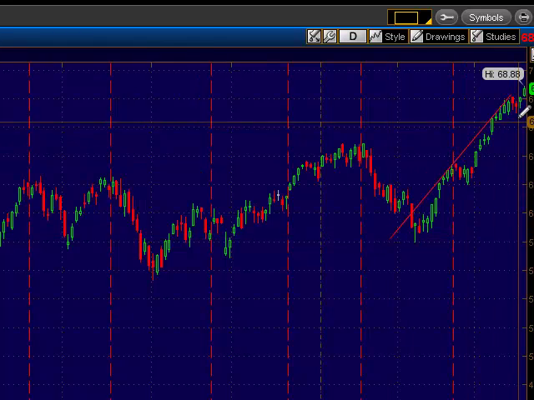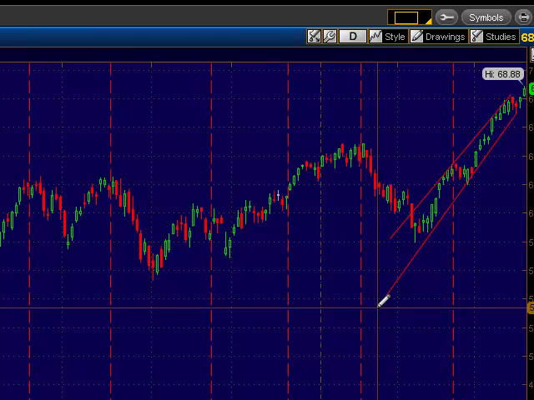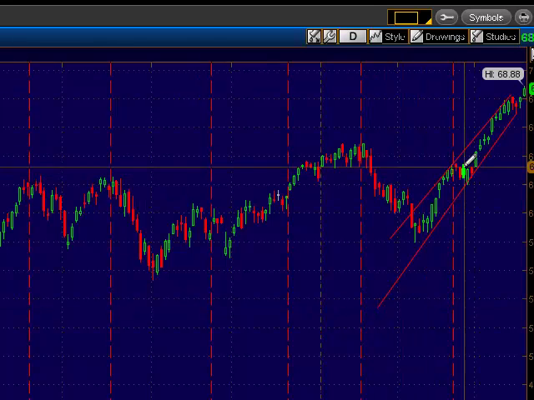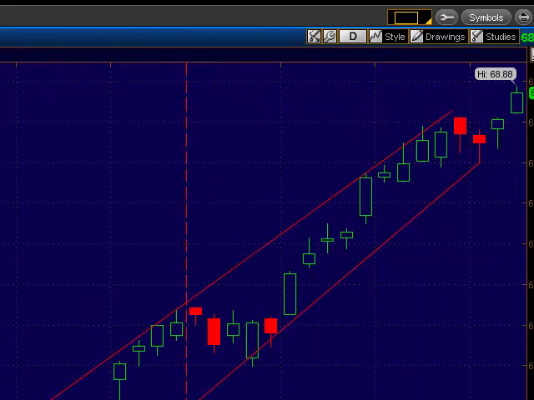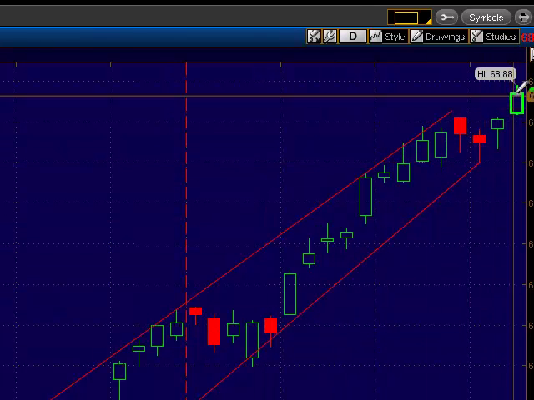So let's just draw a few trend lines. And if you're new to drawing trend lines, technical analysis and drawing trend lines is somewhat of a science and a lot of an art. So when you're drawing, you just have to realize that it's going to be somewhat subjective. So here we are in an upward trending channel. We came down to the bottom of the channel here, and now we're heading up to the top of the